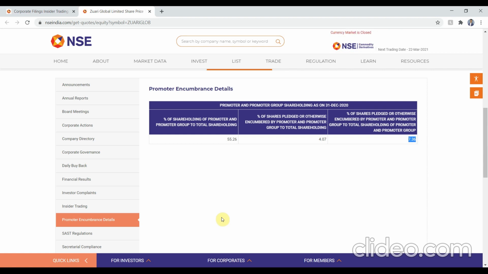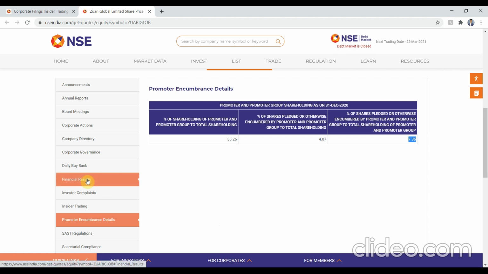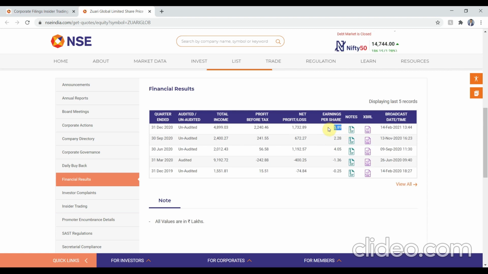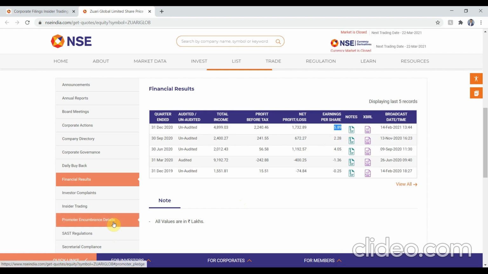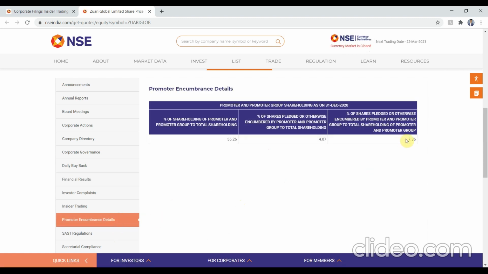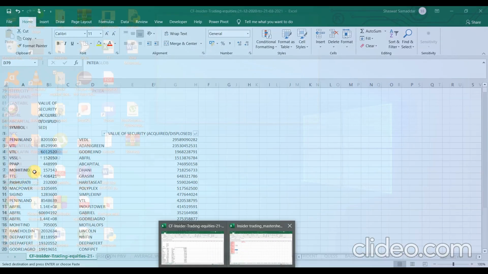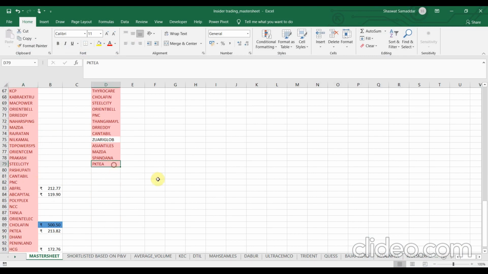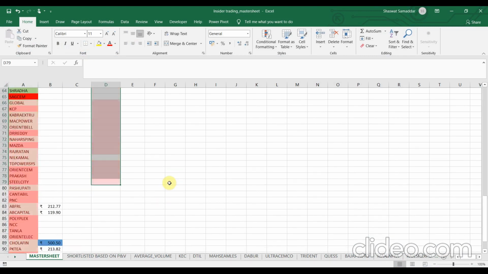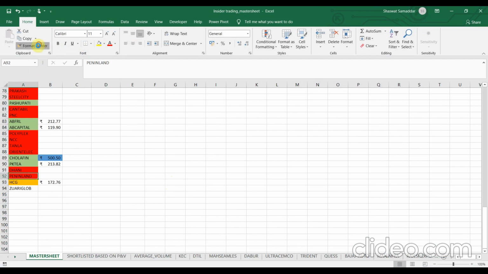Now we don't have to check the optional filter, that is earnings per share, but for educational purposes, I'll check it to see what it does. As you can see, the latest earnings per share that has been reported is a positive number. So if it would have passed the filter on pledging of shares, this stock would have gone into my swing trading watch list. But since it failed the criteria, I will mark it as red. Let me just delete this column, I don't need this anymore. Okay, I'll mark it as red.